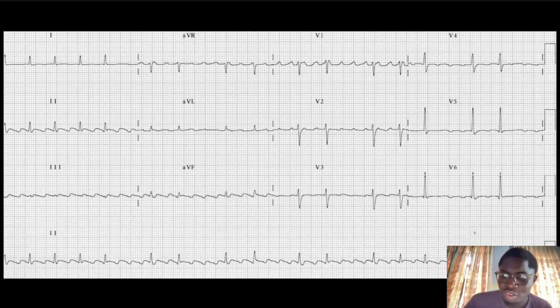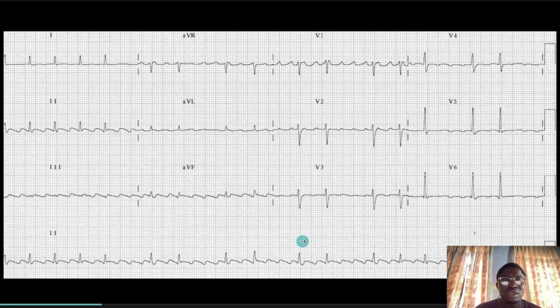Okay, so in summary, some of the findings for this particular ECG, as with analysis of any ECG, you have to start with the concept of whether the ECG is sinus or non-sinus. This ECG is non-sinus, right? Yes, we can see,